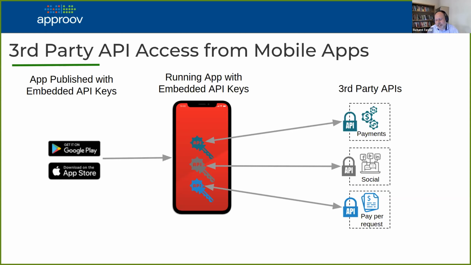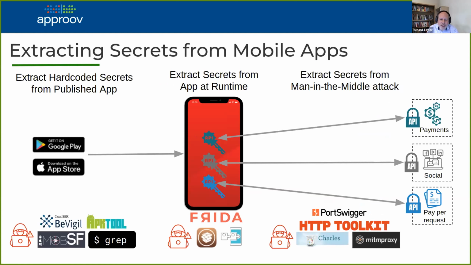We've done a survey recently that shows in general that individual apps are dependent on a large number of third-party APIs. So whenever it accesses that individual API, that API key is extracted from the code as it runs and then transmitted over the wire, typically over TLS, to access that backend API to basically authenticate that it is this particular mobile app making the access. So the issue here is that there are various vectors that can be used to extract those secrets from the mobile app. I've put some example tools at the bottom here.